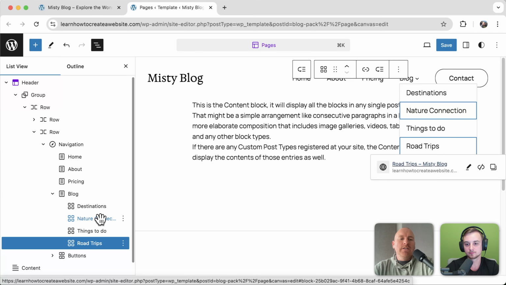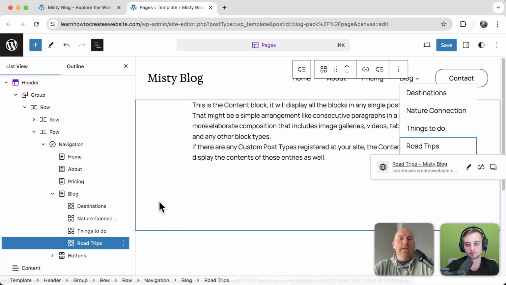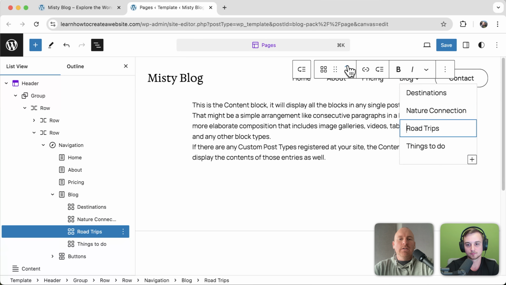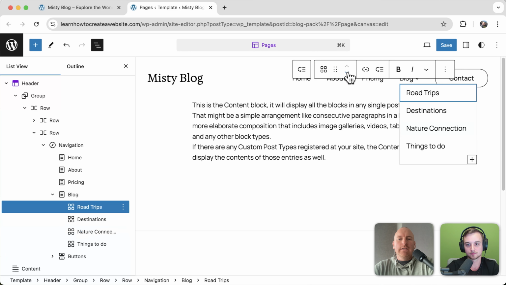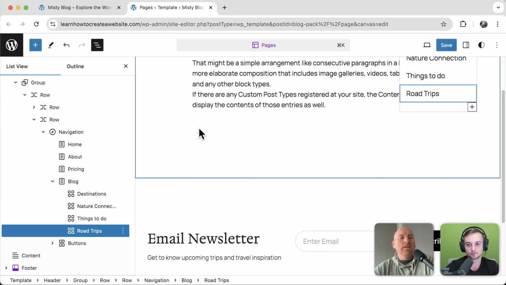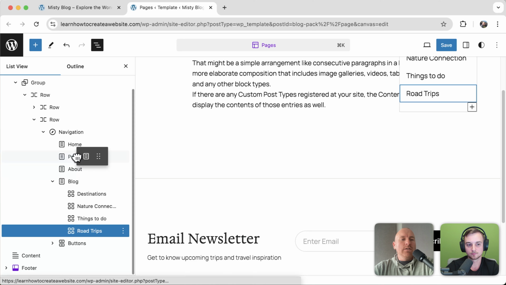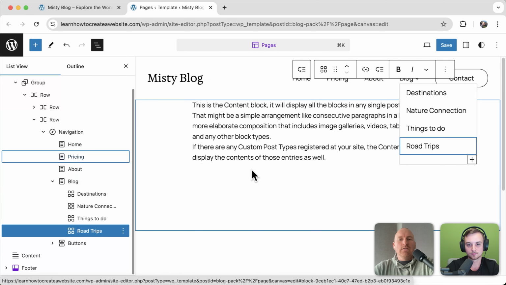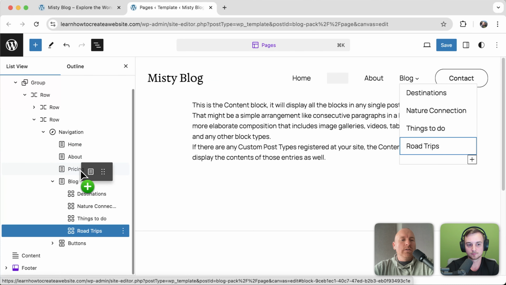And we can rearrange these menu items in two different ways. We can go up here and just click this, and we can see it rearranging. The other thing that we can do, let's put that at the bottom though, is we can click, hold, and drag and rearrange it. So let me go up here so we can see it, and we can just click, hold, and drag and